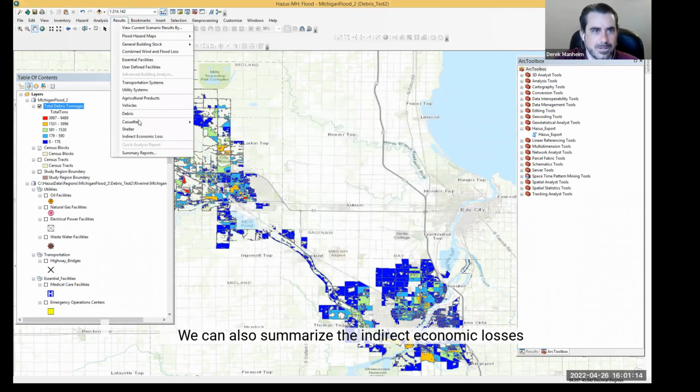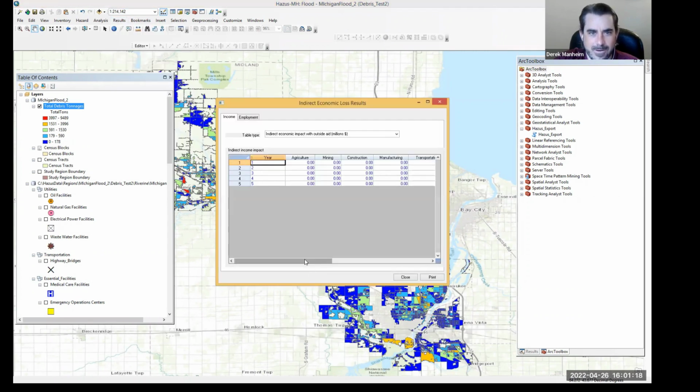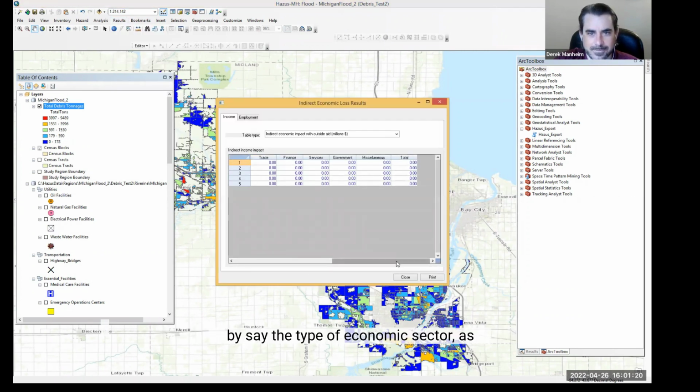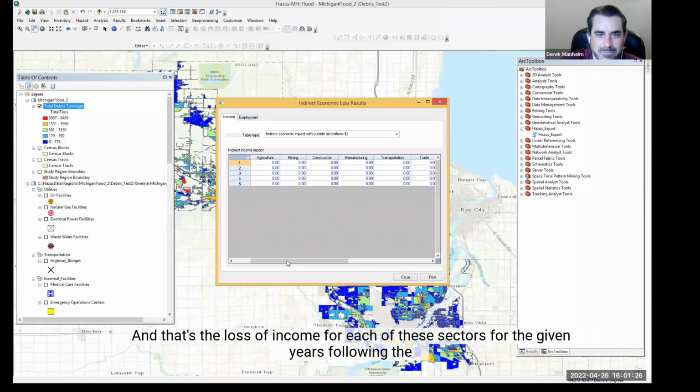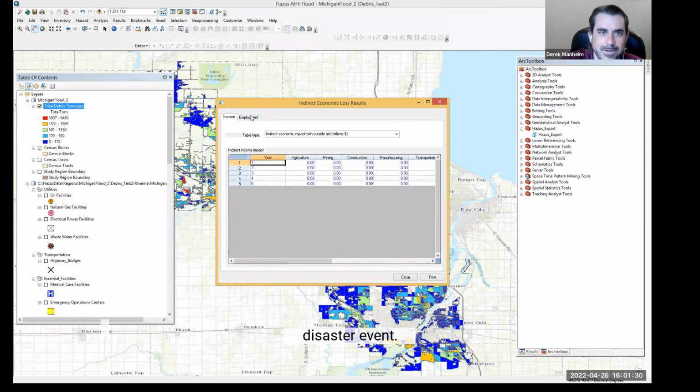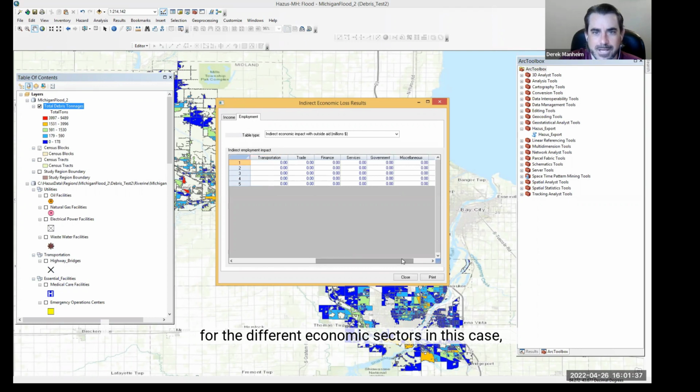We can also summarize the indirect economic losses by, say, the type of economic sector, as shown here. And that's the loss of income for each of these sectors for the given years following the disaster event. Then you also have the employment losses for the different economic sectors.